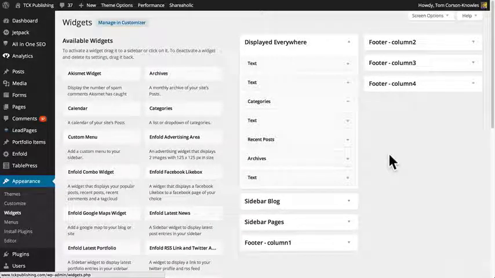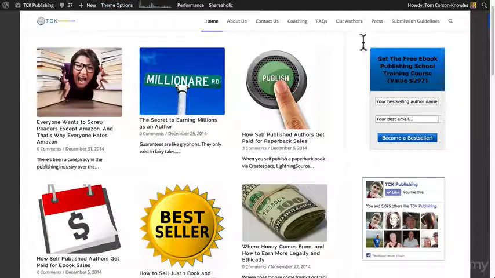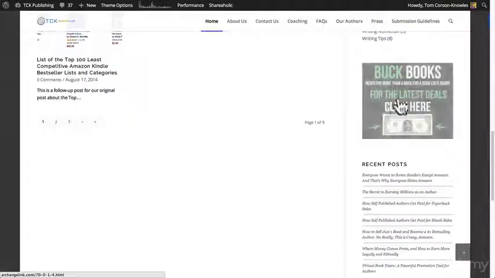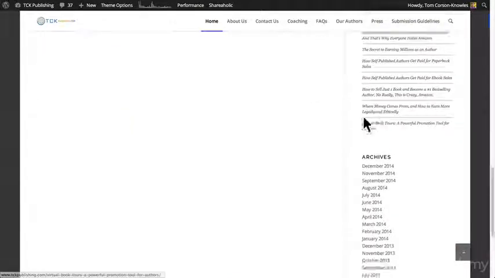All right, right now we're going to talk about widgets. WordPress widgets are basically custom codes, custom text, custom images, and little custom things that you can add to various parts of your website. So generally speaking, you're going to use widgets here in this area on the sidebar of your website. See all this, everything on the side over here is the sidebar, and these are where all my